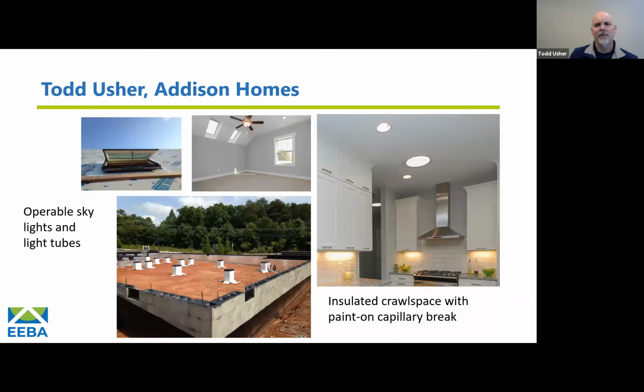So a couple of other things that we incorporate here in the warm, humid South is natural daylighting, which we find is a very popular option with our clients. When we can flood that house with natural daylight, there's less need to turn on the lights during the day, and there are many positive outcomes from living in an environment with natural lighting. We also can use those daylighting devices, like the skylight that you see there in the upper left, to ventilate the house. In this particular application, that operable skylight is remote controlled and can be smart controlled with an indoor air quality sensor